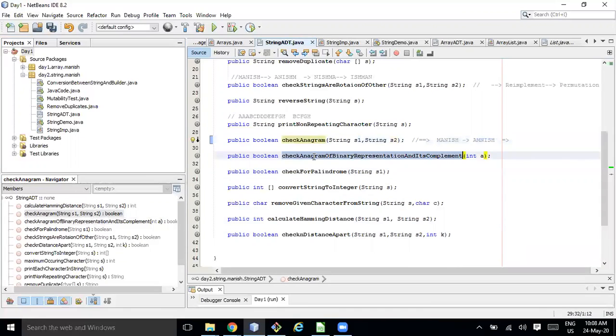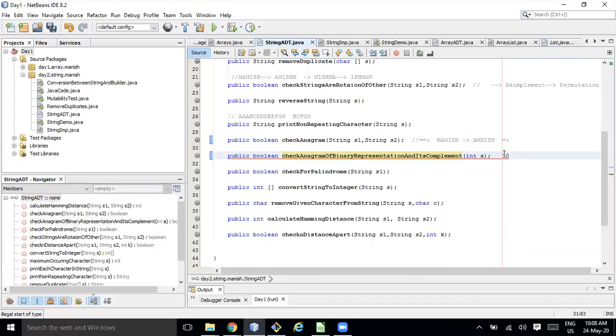Coming to the next problem, I don't want to solve this one separately. If you solve this problem, this one will automatically be solved, so I want to go with the complex one. I have a number 10, or let's say 8.